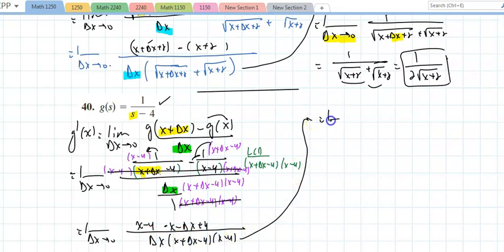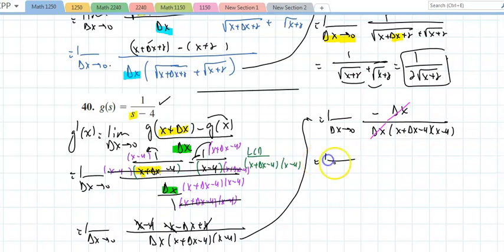And that's going to equal the limit as delta x approaches 0. Now, the 4's cancel out, and the x's cancel out. I'm left with a negative delta x over delta x times x plus delta x minus 4 times x minus 4. And you notice that those cancel out,